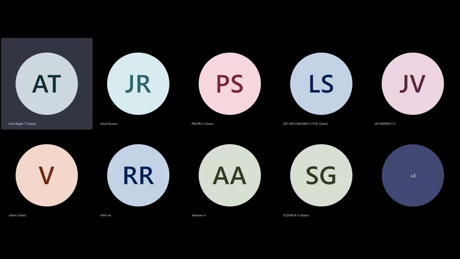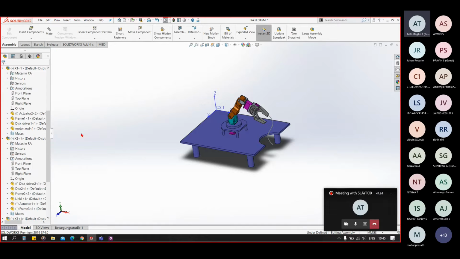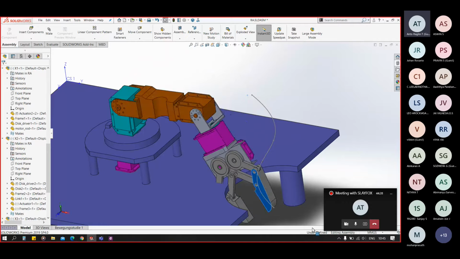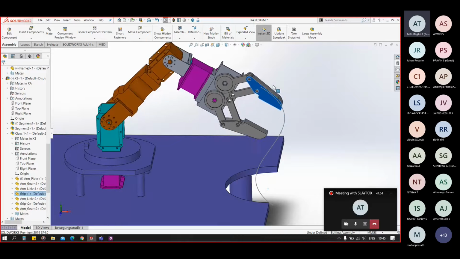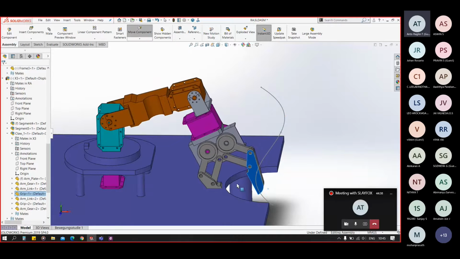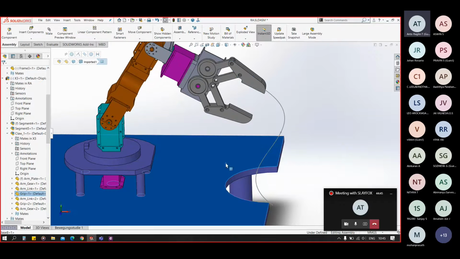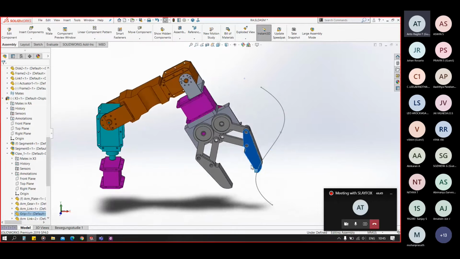Control and all. So let's keep them all free and click on OK. Now you can see our robotic arm will follow only this part, this path. Actually it is intersecting because the path is not made using calculations. Just ignore that intersection and look at this.